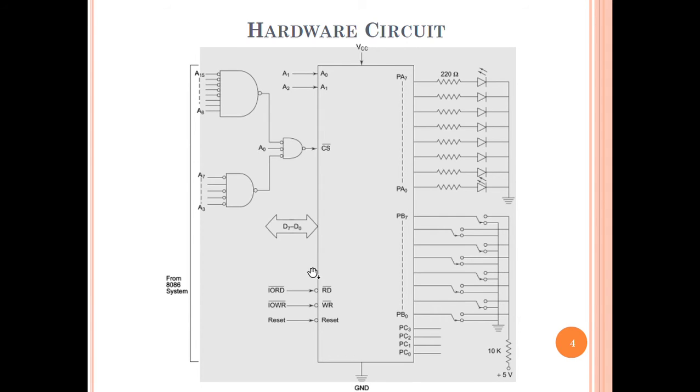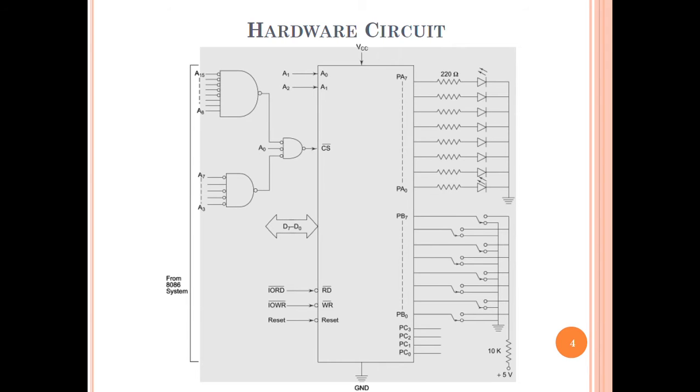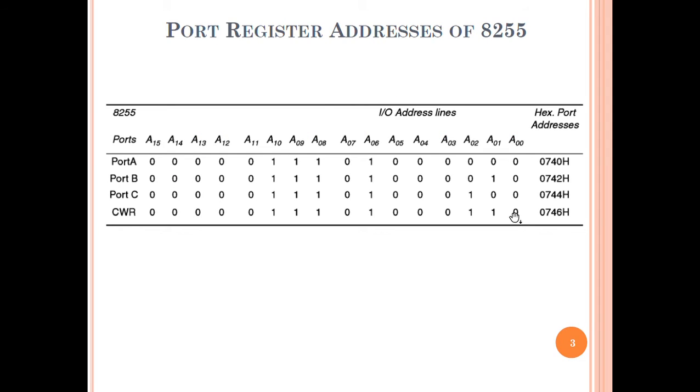And it is also given that port A address should be 0740H. So if port A address is 0740H, and since this is 8086, A0 will be connected to denote that only lower data addresses are being involved, that is D0 to D7 and not D8 to D15. So this has to be even, that is, we are considering the even bank here. Therefore this has to be 0, and